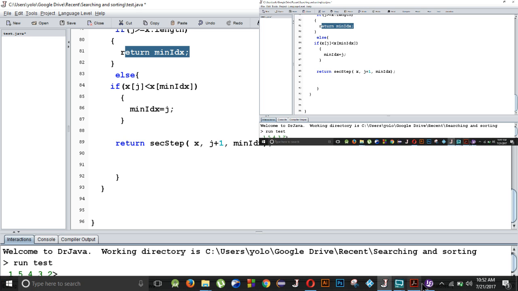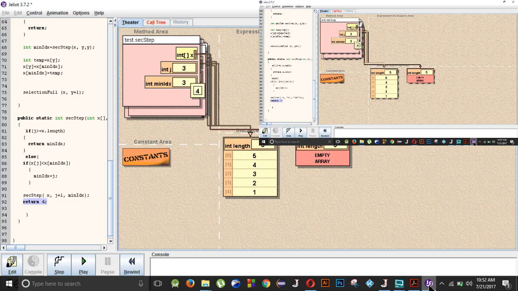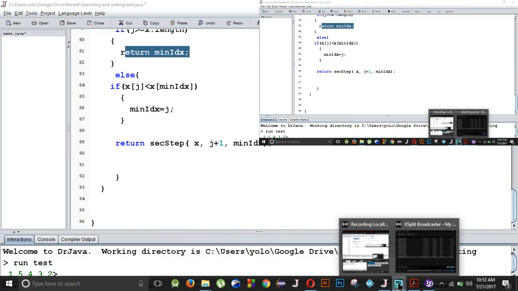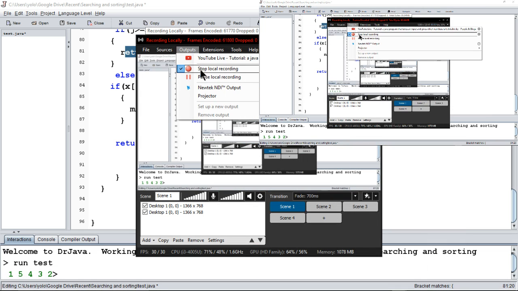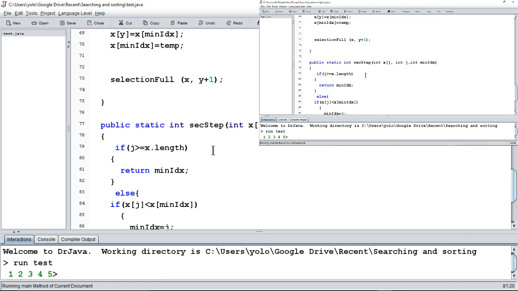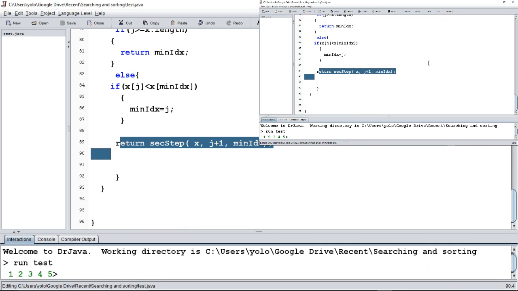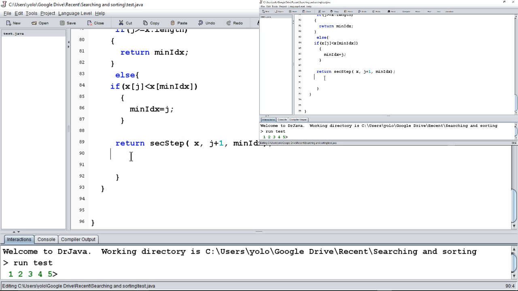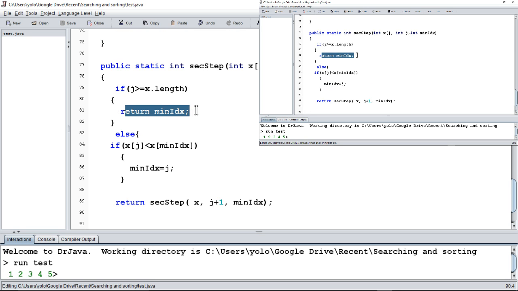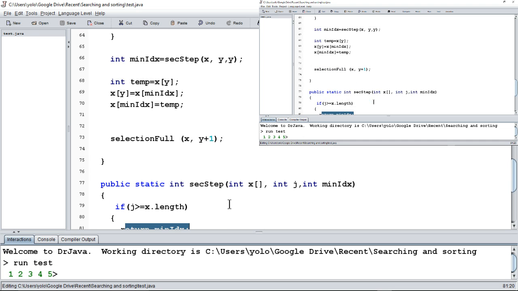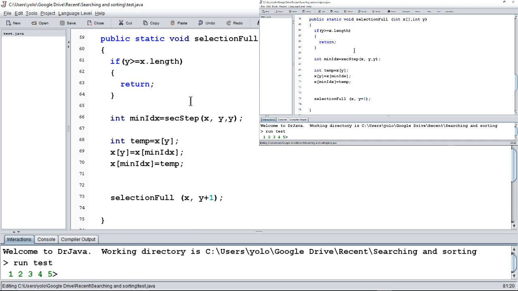and let me first see if it works. Wait. And it does work. This was the flaw. After I return this, this will go to this method that called it, and that will return the value to its previous method that called it, and it will then finally go to the main method, not the main method, this selection full method. And after I run it,